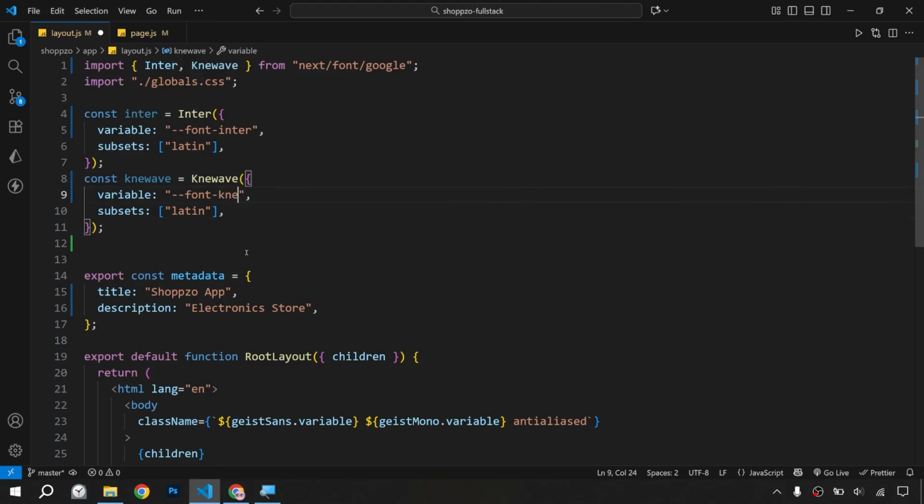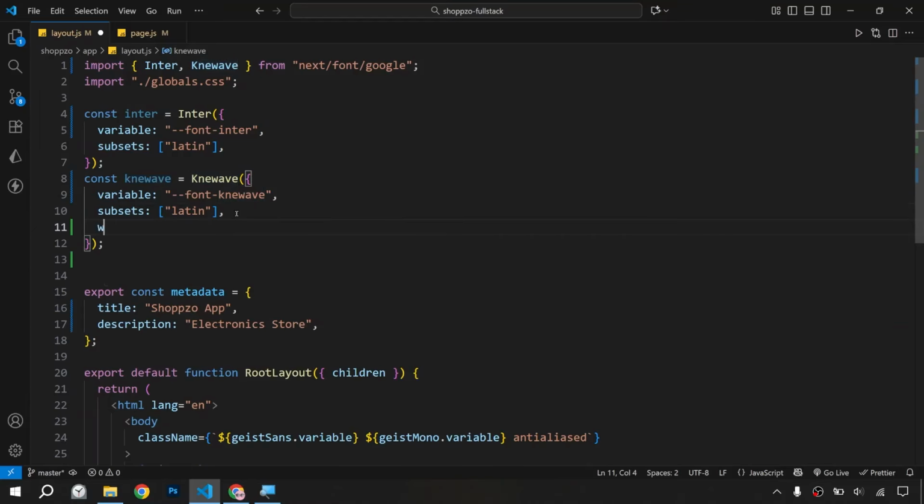Variable will be with, and here we will write the weight will be only 400. We have only 400, and